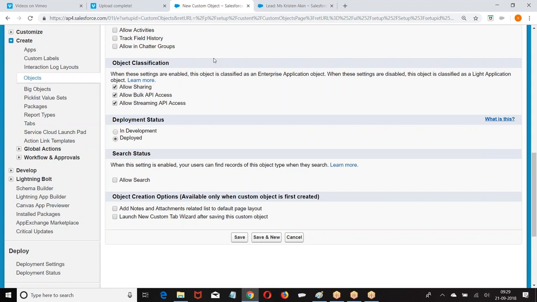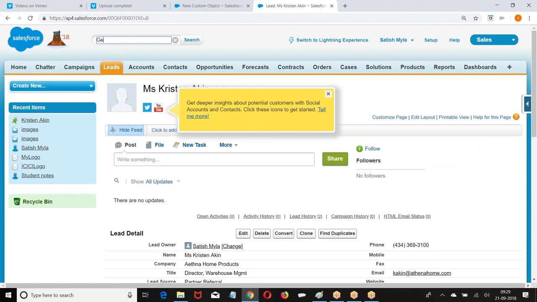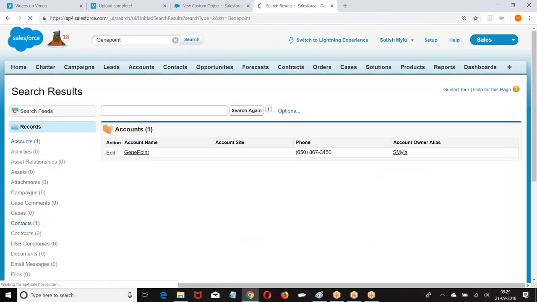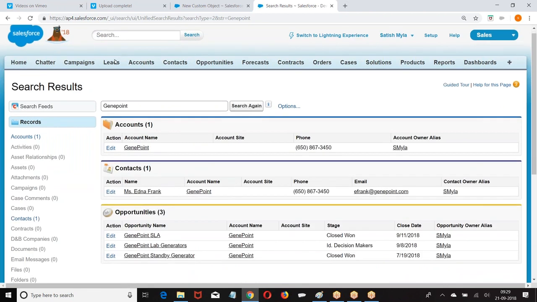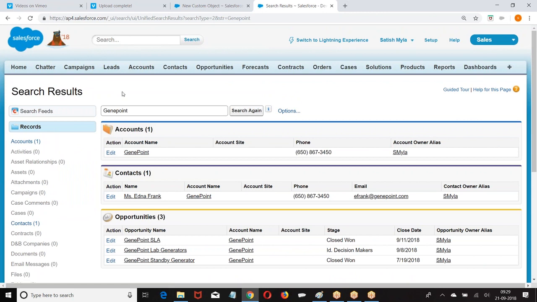Okay. Next we have search status. The data which was on the top, we are searching for the data. If I give a keyword, if there is any data in the account object, it is giving it to you.